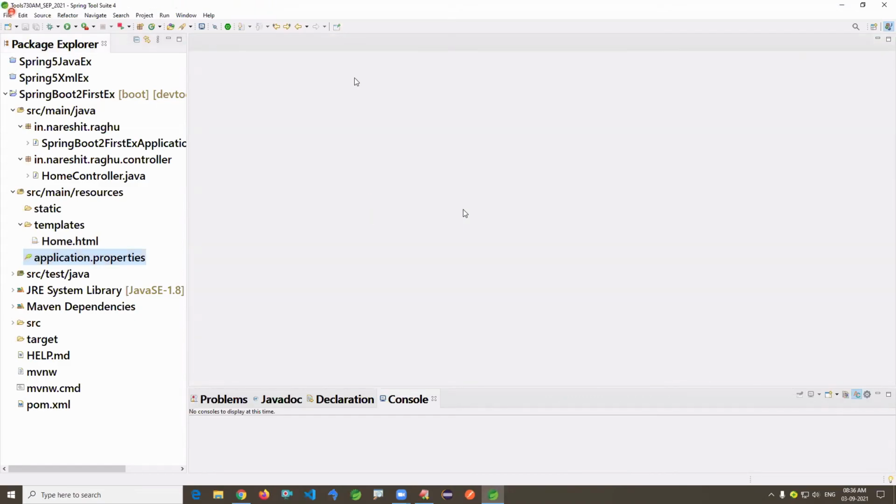If you work with a Spring Web application, here point number 1, server configuration not required. Embedded server comes. Point number 2, no view resolver required, auto configuration. Point number 3, no dispatcher servlet configuration required. No component scan, base package, properties loading not required. So no handler mapping required. Only controller and view. That's it. A lot of configurations are reduced in Spring Boot. If someone worked on WebMVC, for them I'm showing this here.